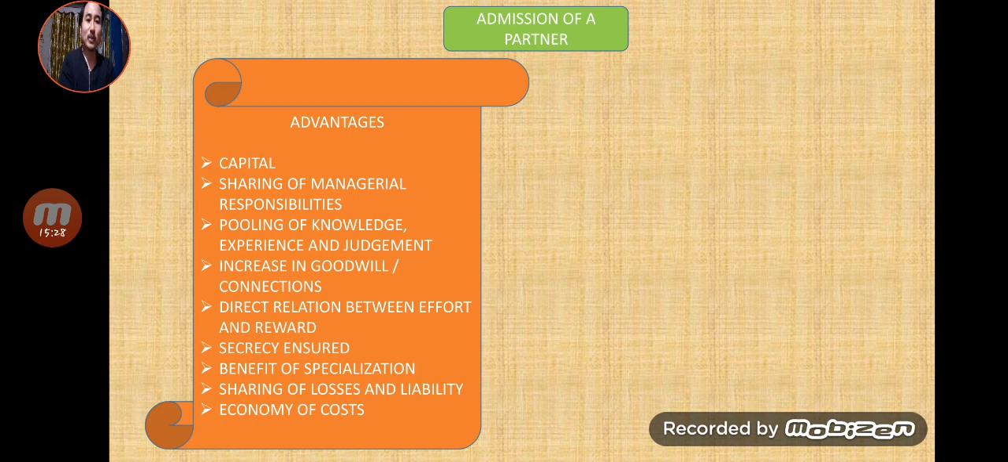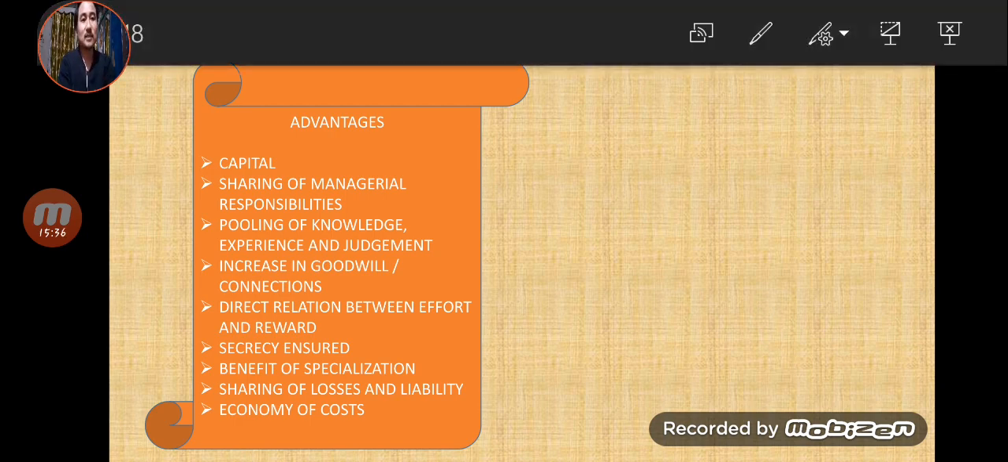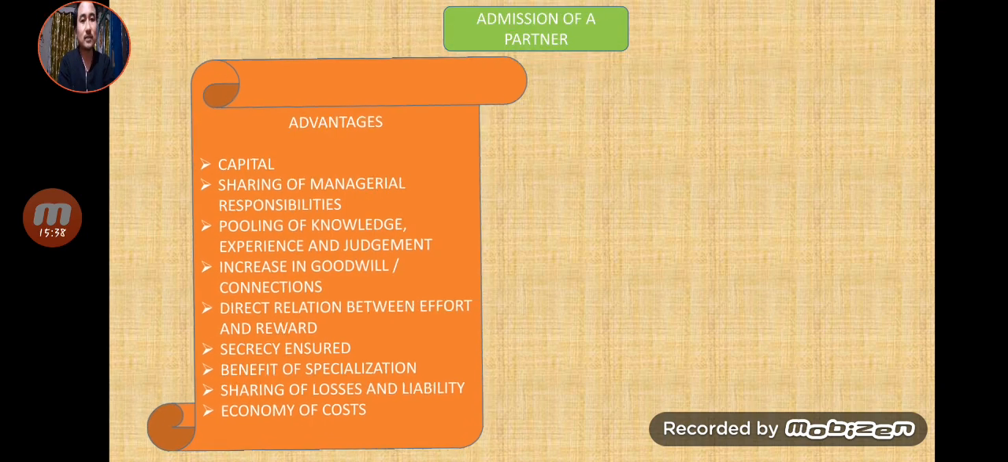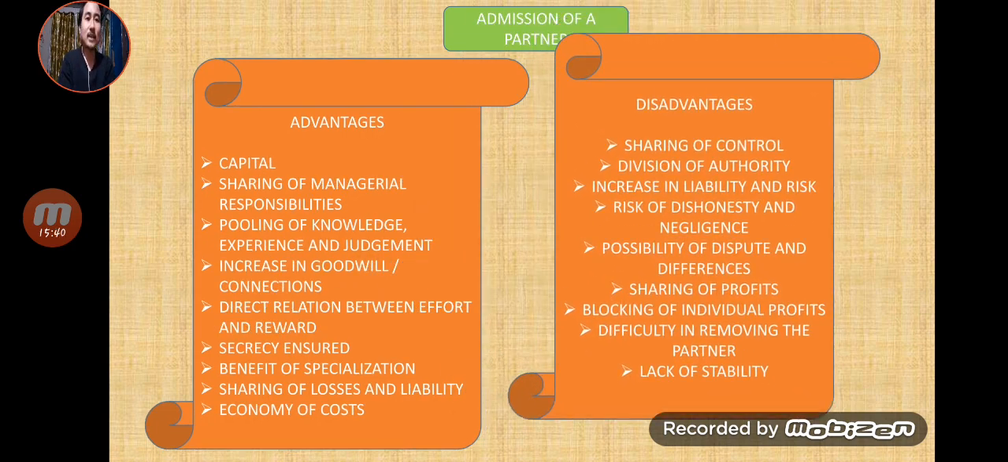So there will be economy of cost also. Why? Because both the partners will be sharing losses also, and obviously liability also. But these are the advantages. There are certain disadvantages also, like